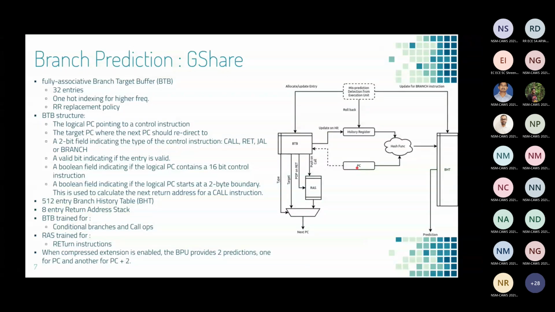Yes. But I would like both of those PCs, if they're both branches, I would like to maintain a different history entry for both of them. If I directly just use the PC as an index, then both of those entries will end up in the same BHT entry and they'll keep polluting each other's predictions, right? So by using this hash function, which is a very simple XOR operation, XORing the history register with the lower 8 bits of the PC register,